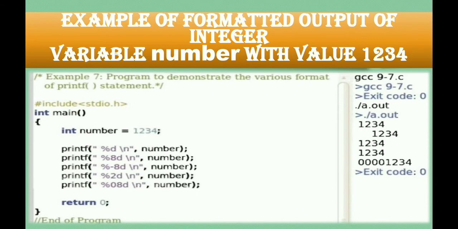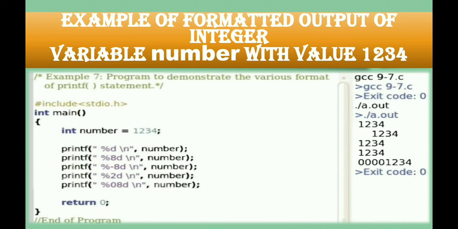After the percentage sign we have written 8. Here 8 means we are providing the length of the variable, a length of 8 characters. When you specify the length, the number will be printed by default from the right side.